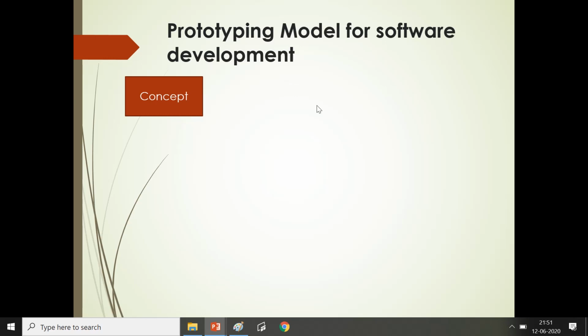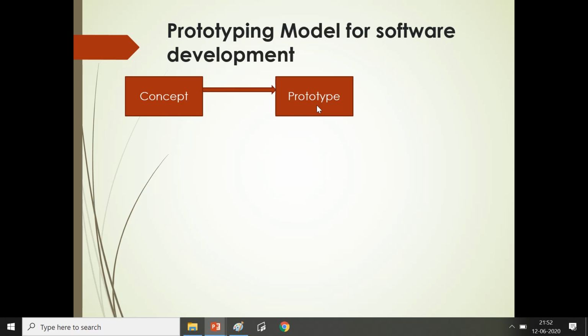Now the next model we have is the prototyping model for software development. Prototyping the software accommodates the problem of changing requirements and makes a subset of the software available early. The essence of prototyping is a quickly designed model that can undergo immediate evaluation. As we can see here, a prototype may take one of three forms: a paper model or computer-based simulation, a program with a subset of functions, or an existing program with other features that will be modified for your new product.